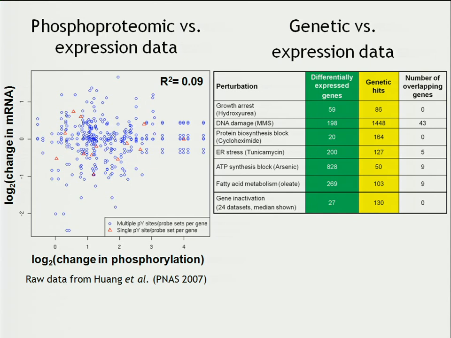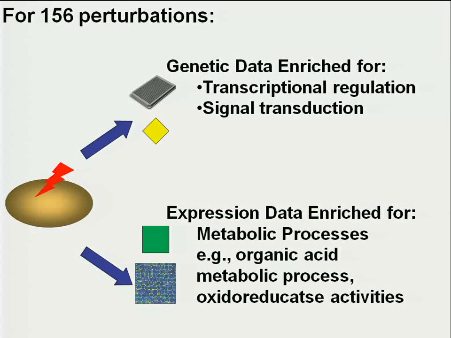It is that each of these assays is asking a different question. What is the question a gene's answer? As I said, overexpress a particular gene. How do you look at expression data? What was different in yeast was that the genetic hits were enriched for transcription-related and signal transduction molecules, while the genes differentially expressed tend to be enriched for metabolic processes,